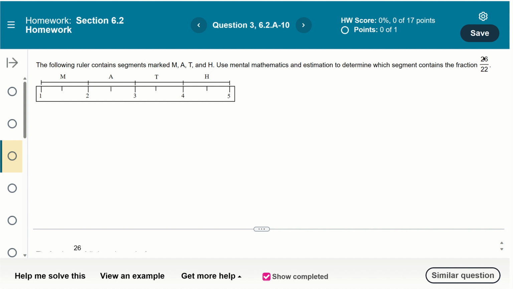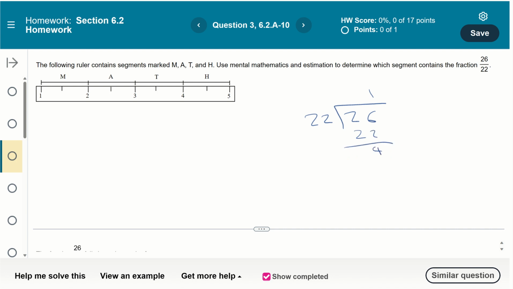You never want to decide where a fraction lands if it's in improper format. So you're always going to want to take it and turn it into a mixed number, because that will be much easier to determine. So we're going to go ahead and divide 26 by 22, so we get 1